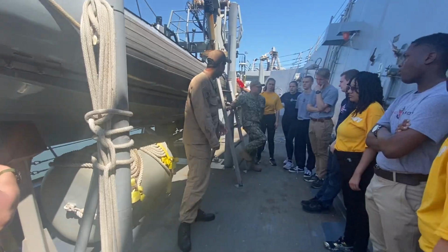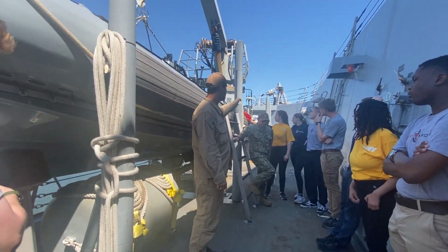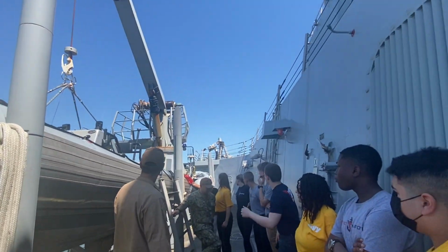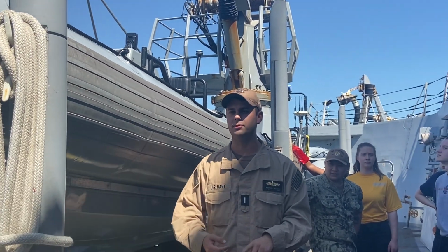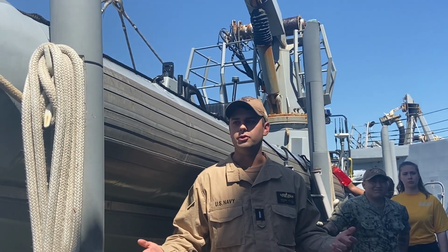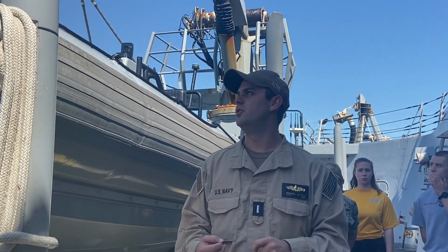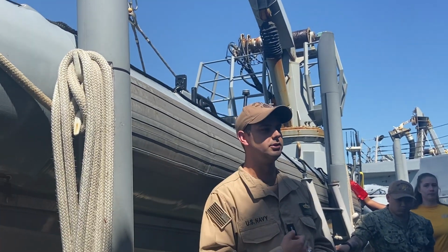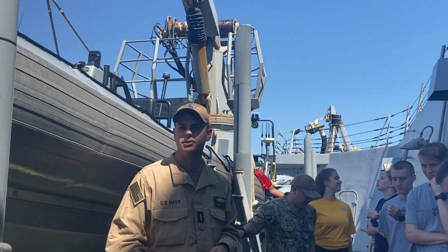Moving on, we have our two 7-meter RIBs here, right? So we have Resolute and then Conqueror's back there. With these, we can conduct PAX transfers, search and rescue missions, man overboard recoveries, you name it, we can do it. Anything on the water, right? So we conduct law enforcement, evolutions also with it. If we want to do counter piracy, which is a big mission that we do in 5th Fleet,